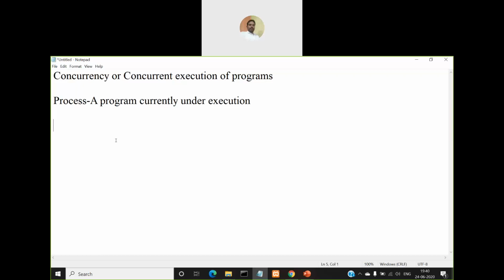Okay, so when the CPU executes a program, it requires many resources. Or let us speak in another way: when a program has to be executed by your computer system, your computer system utilizes many resources that are part of the computer itself. That means a program has to be executed, or a process. Now I'll be using the term process instead of program, right? So for a process to be executed, it requires some resources,